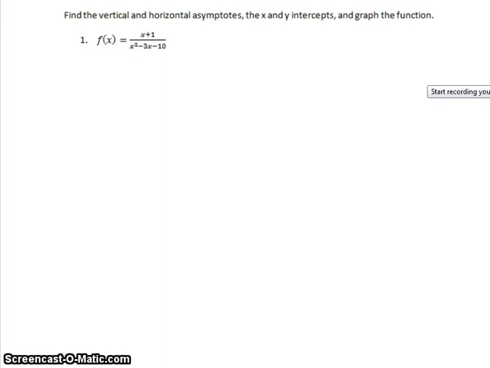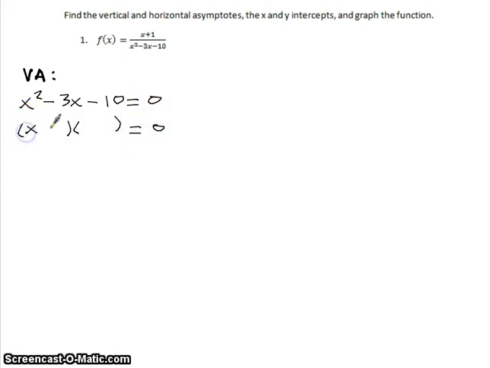We're going to find the vertical and horizontal asymptotes, the x and y intercepts, and then graph the function. So, let's go ahead and find our vertical asymptotes to start off. That's where we have division by 0. So we're going to set our denominator equal to 0 and figure out the x values that will cause our denominator to be 0. So we're going to factor,